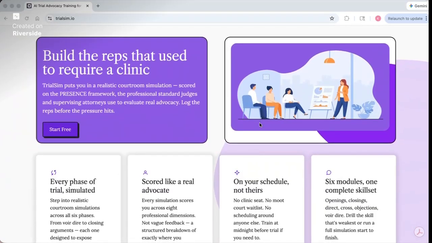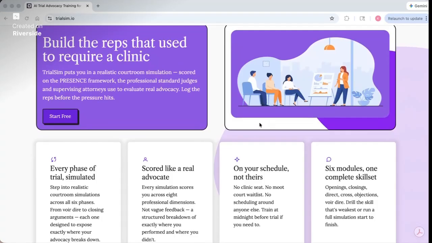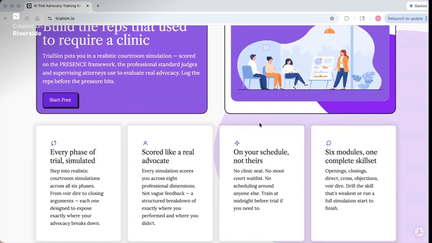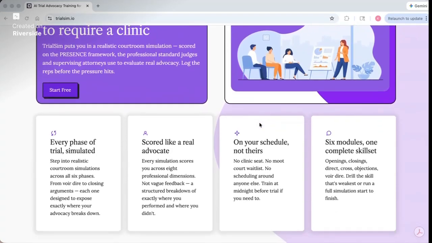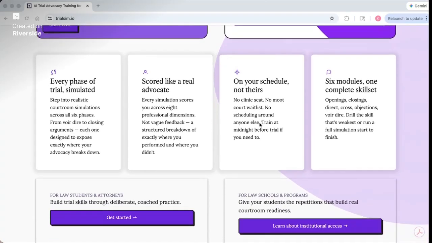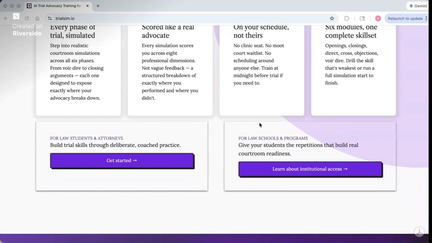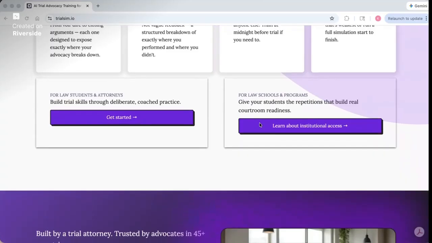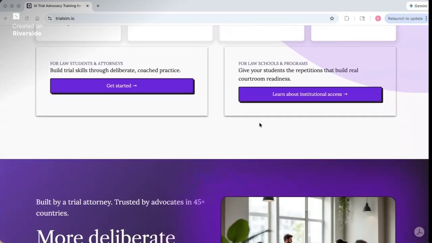The bench interrupts, it presses. Witnesses don't say what you want them to say. It doesn't let you finish a sentence if you said something worth challenging. And the moment the session ends, the platform scores what just happened across 8 dimensions of performance and tells you exactly where you held your ground and where you didn't.